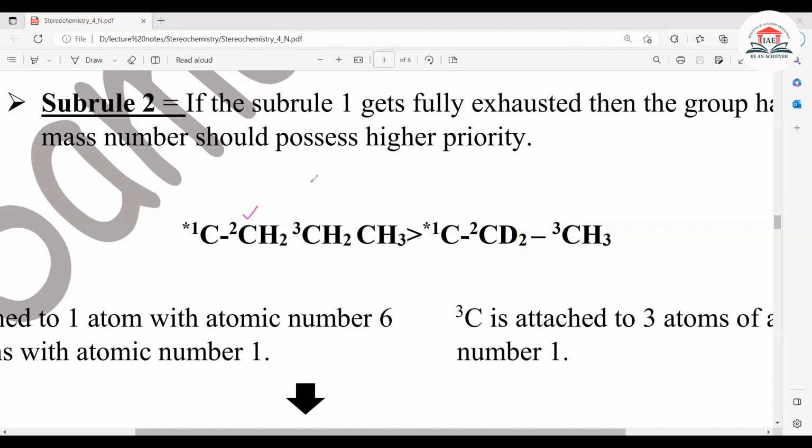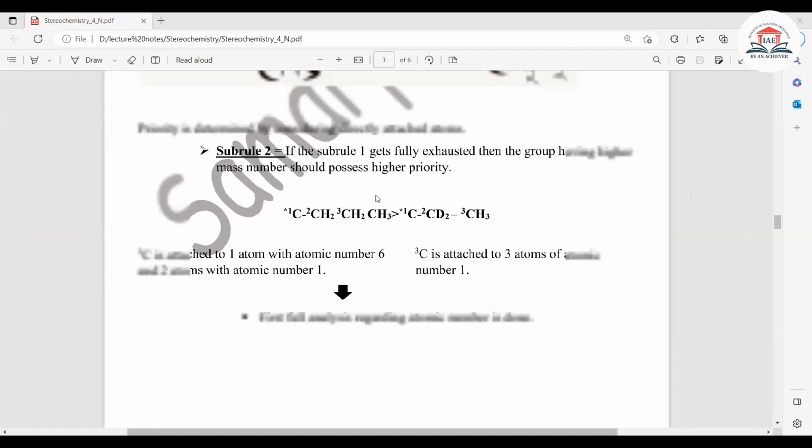Now we go to the third carbon, this one. Because it is attached to carbon and two hydrogen, it will get higher priority. In this case, this 3C, it is attached to only 3 hydrogen, so it will have a lower priority. Okay. In this case, we still are using the atomic number rule. But in the next example,